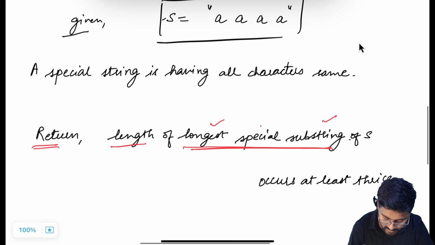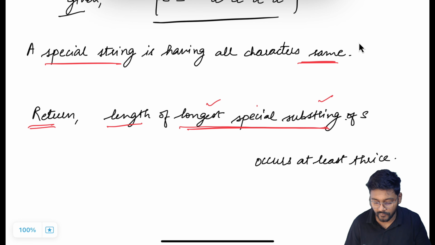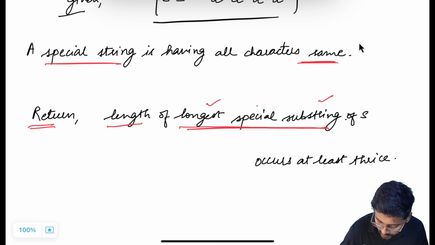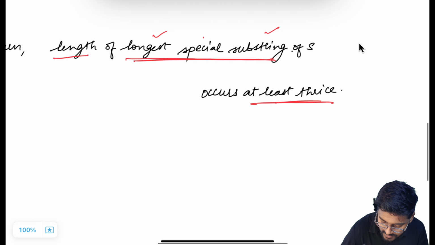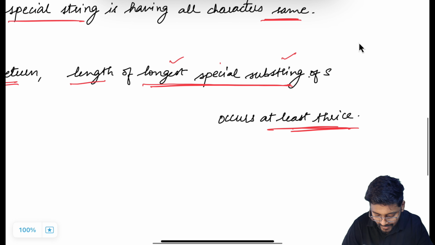What is a special substring? A special string has all the characters the same. So we have to return the length of the longest special substring of S. Any substring of S which is the longest and has all the characters the same, along with that the substring is occurring at least thrice in that string. So return the length of the longest special substring of S which is occurring at least 3 times in